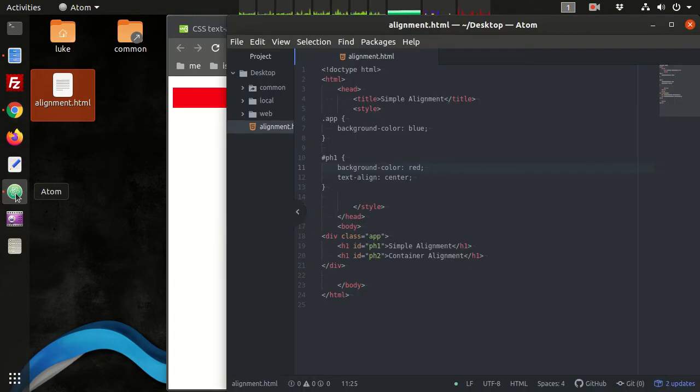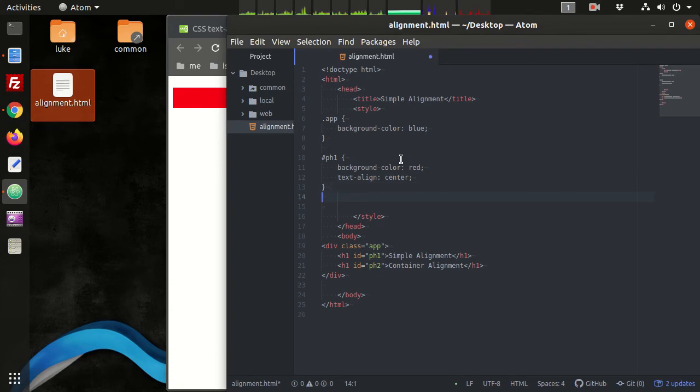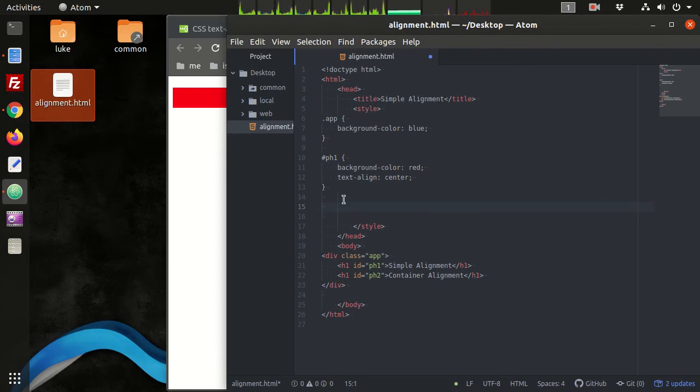Okay, so with divs, these are display block elements. Okay, so there's a few different types of display properties an HTML element can have. A div is display block, which means any content beside it is forced above or below that div. Okay, and H1s are display block as well.